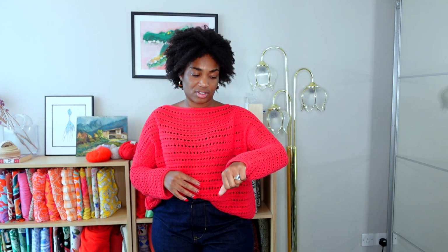So what I ended up doing was frogging the sleeve that I had started, and then I sewed up a bit of the armhole and then picked up stitches again and started just knitting the sleeve as normal. It was a totally fine fix. I'm fine with how it looked. You can see that basically the faux seam looks a little bit weird because it becomes an actual seam for maybe 2 inches. But I was only annoyed at myself just because armhole depth is one of those things